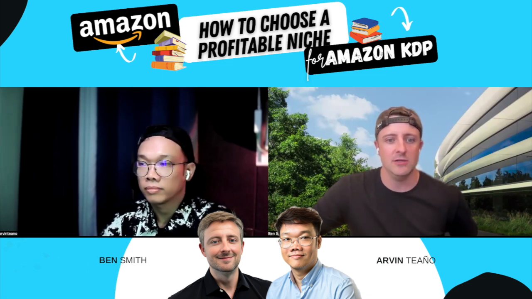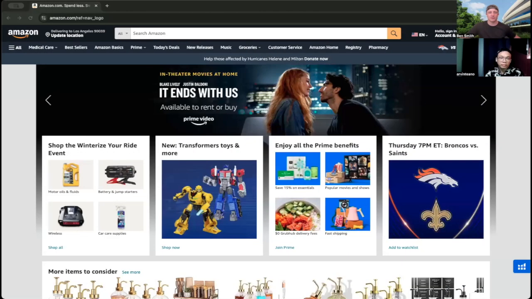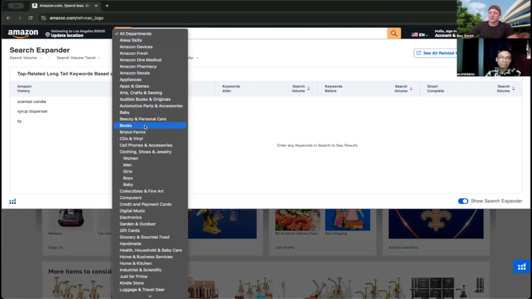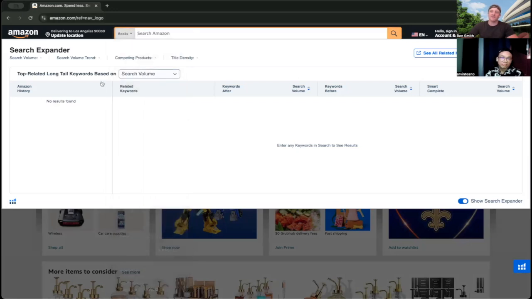Share screen. So I'm just going to go through and do this while we're actually talking. But on Amazon, I do all my research on Amazon. The only tools I really use are Helium 10 and my keyboard to type things. And then I'll normally open up a spreadsheet while I'm doing this. The very first thing you want to do on Amazon, make sure you filter the drop down to books. First off, we're doing the research to write a book. So we want to be doing this research in the books category on Amazon.